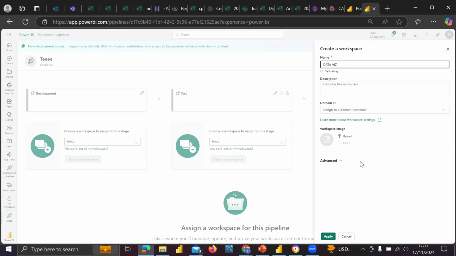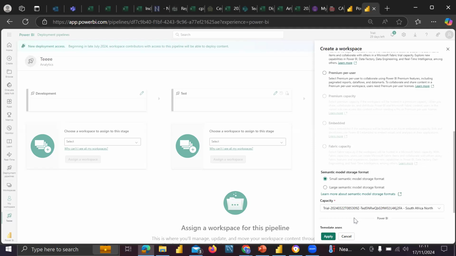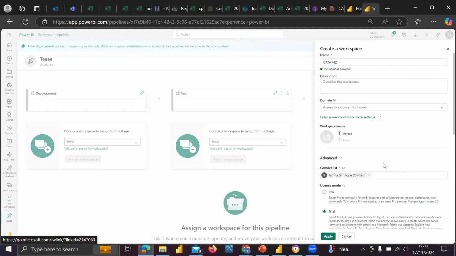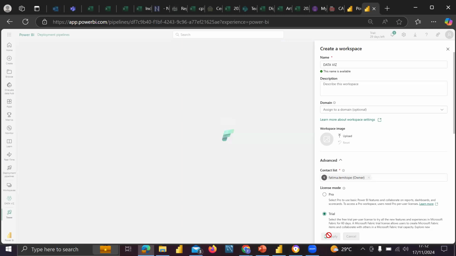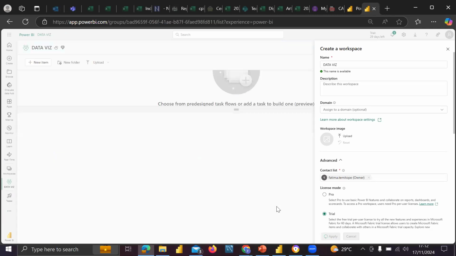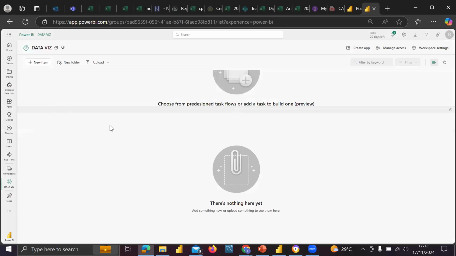Thank you for that. In case you have any description, you can put your description, domain, or anything that you want here. What I'm putting here is just the name of the workspace. What name do I want my workspace to be? Then you click on apply. And it's loading. You can see you've successfully created a workspace called database.